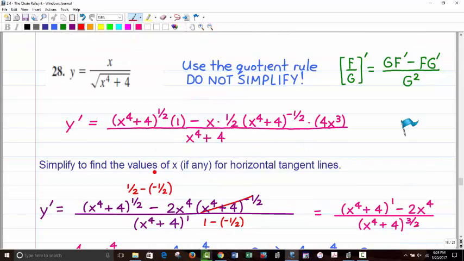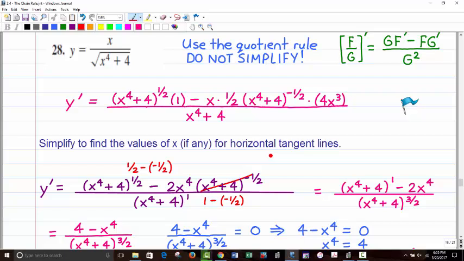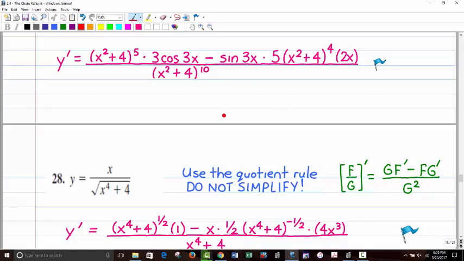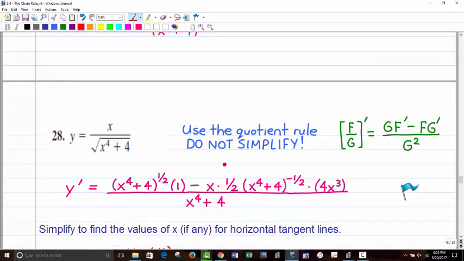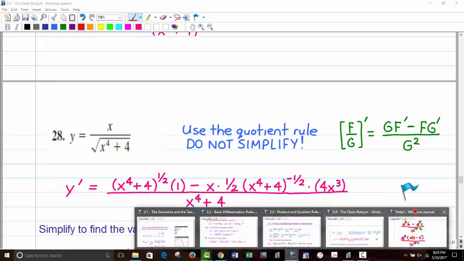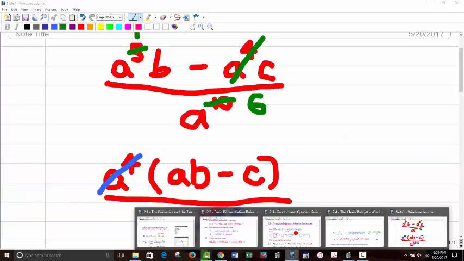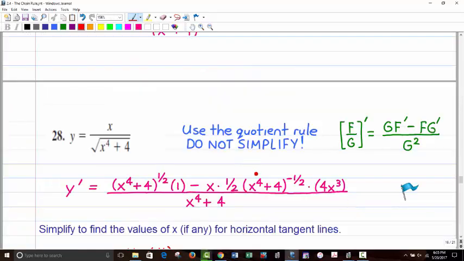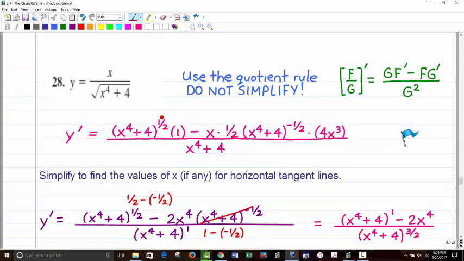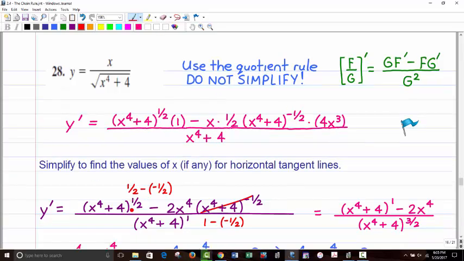So you'd end up with this, and suppose we want to simplify this if we want to find the values of x that cause horizontal tangent lines. Now this is a little bit trickier with the negative exponents, but it still follows the rule that I explained for this one up here about where you could subtract 1 from the exponent, where I did this over in this scribble page there. That works here even with the negative exponent. So there's no doubt that the negative 1/2, that's the smallest exponent, so that's the term you cancel. But then you have to go 1/2 minus a negative 1/2. So you have to subtract that exponent as is. So 1/2 minus a negative 1/2 would just be 1